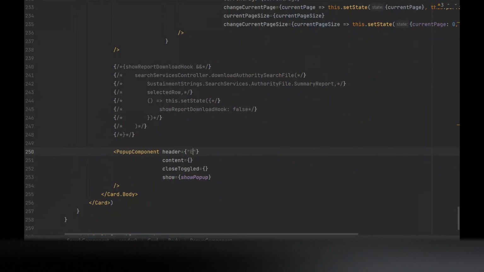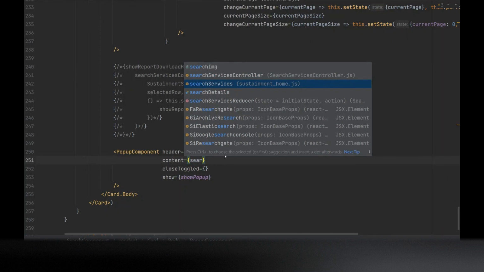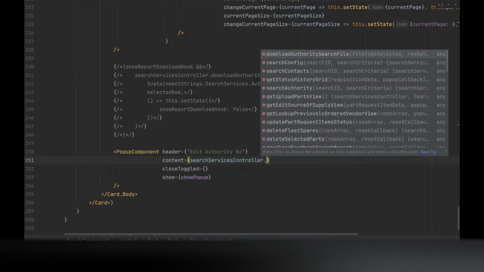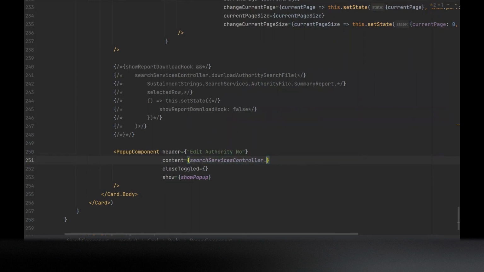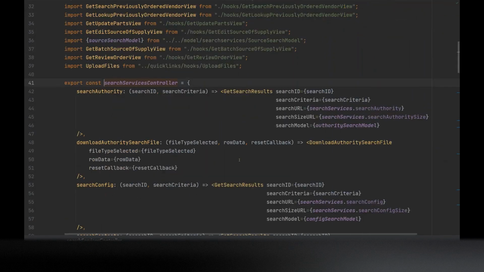You can add a header. We can say like edit authority number or something like that. The content, again, same thing as this one. We want to pass in a hook so that the hook can take care of handling the content. So for this demonstration, we can just borrow from the SearchServicesController, and for simplicity, we can do the create receipts,